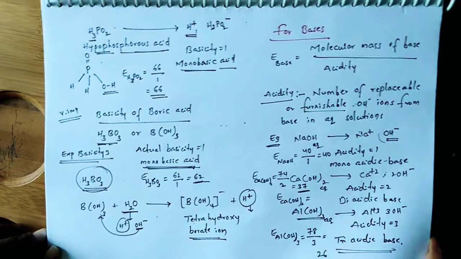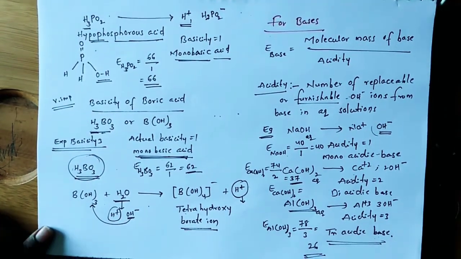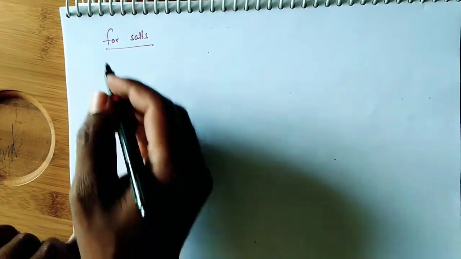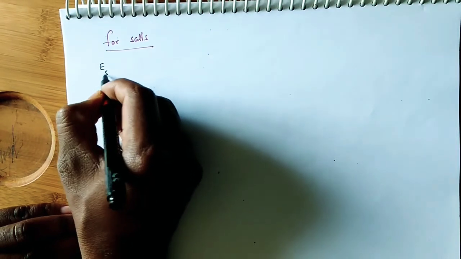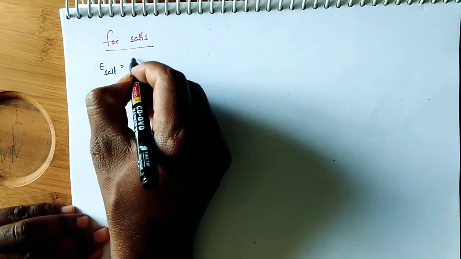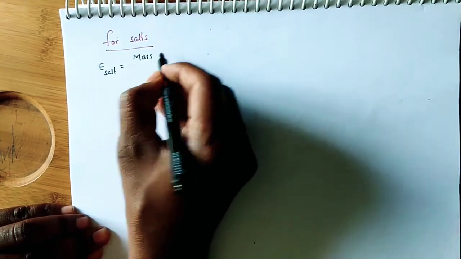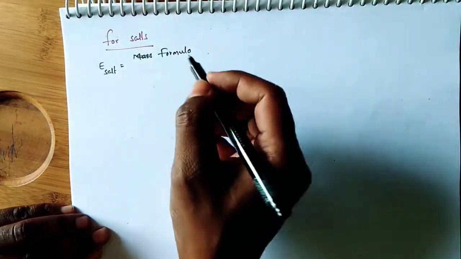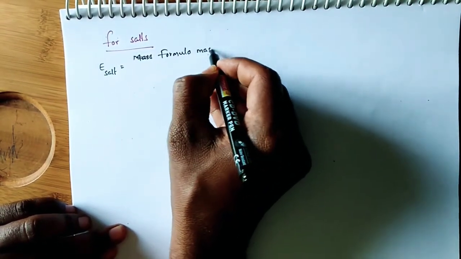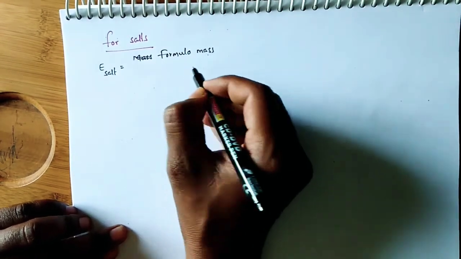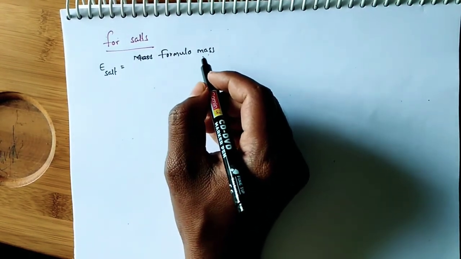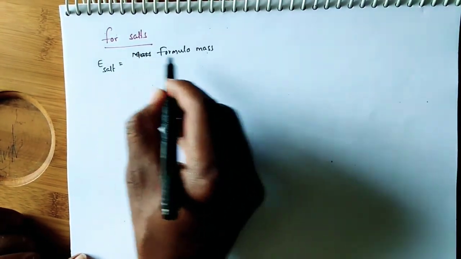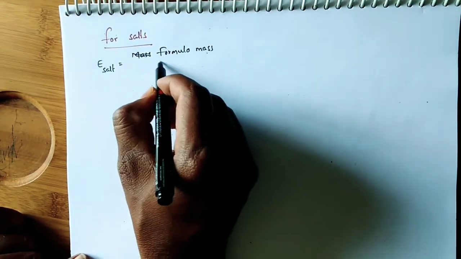These are some examples. Let us see how to find it for salts. Equivalent mass of salt is equal to formula mass. Why am I saying formula mass here? Because for salts we have to mention formula unit, not molecule. Salts are not molecules. Of course, molecular mass and formula mass are the same, but for salts we must use this term, formula mass, by